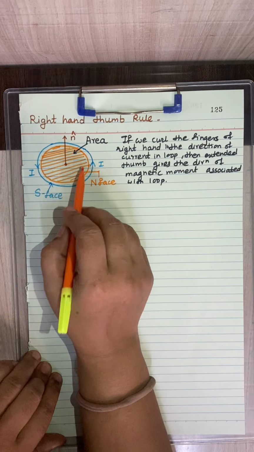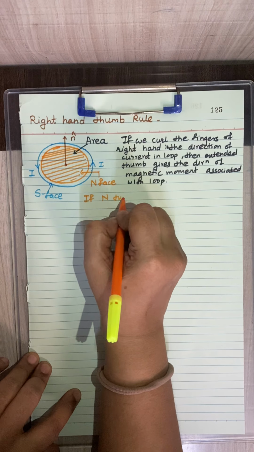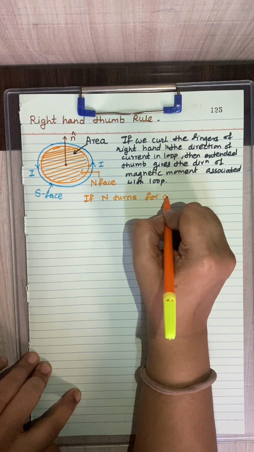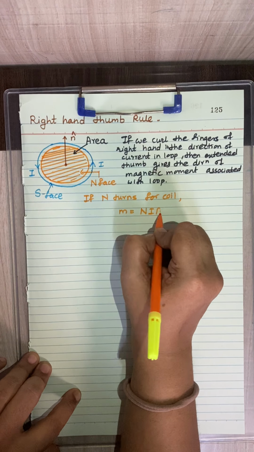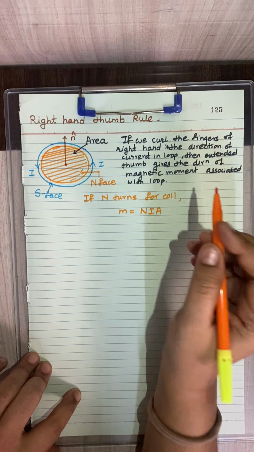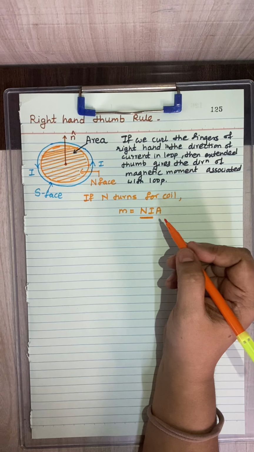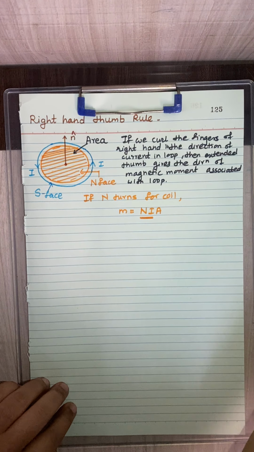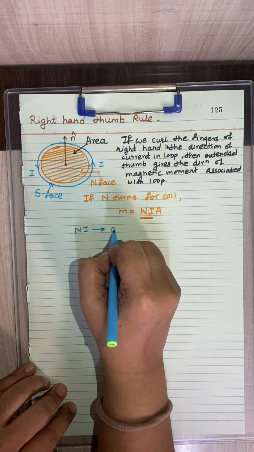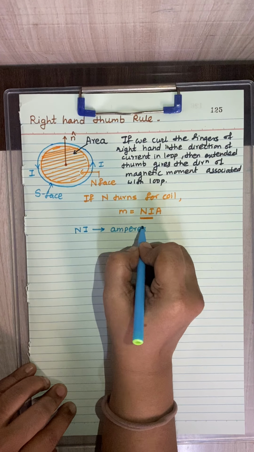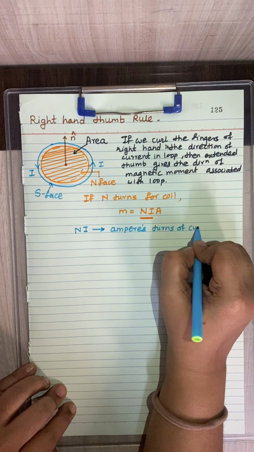Now if this current carrying coil has N number of turns, then M is given as NIA. This is the magnitude, and this factor N into I is called the ampere turns of the current loop. This is a new concept: the N into I factor is called the ampere turns of the current loop,